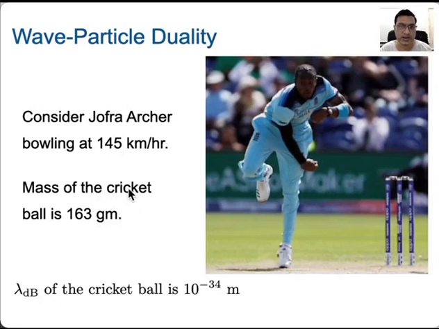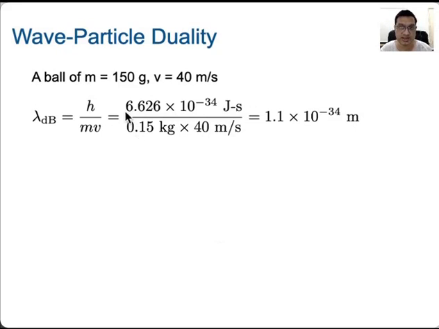So now we can easily estimate that the Debye wavelength of this cricket ball is around 10 to the power minus 34 meter. Here is a simple calculation of what I have told just now. We know that Debye wavelength is h over mv. The mass I have given you. The speed I have converted from kilometer per hour to meter per second. Here I have substituted. I know the value of h. Once I substitute all these values, I will get something like 10 to the power minus 34 meter, which is